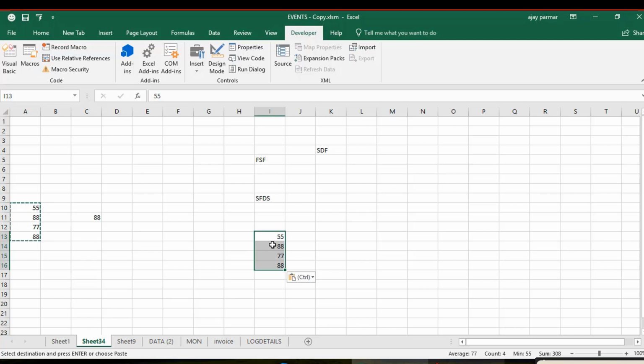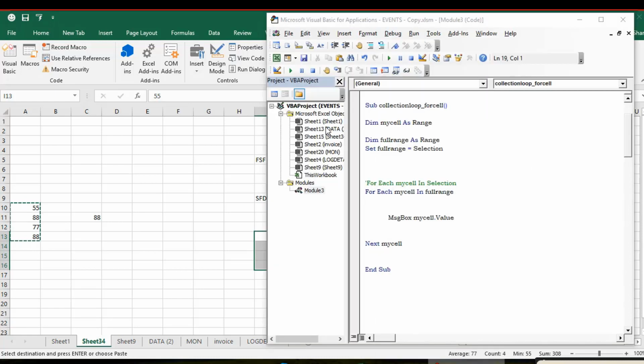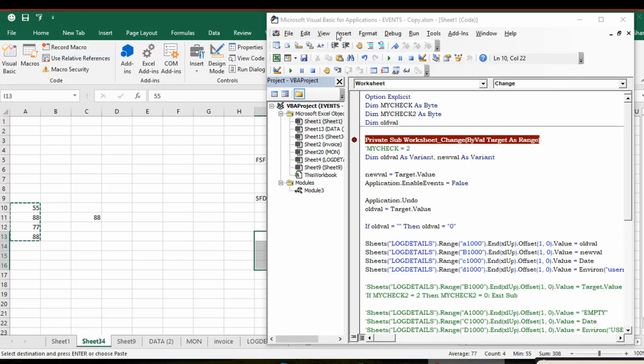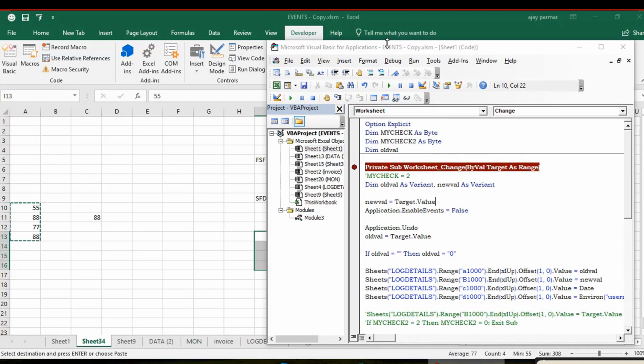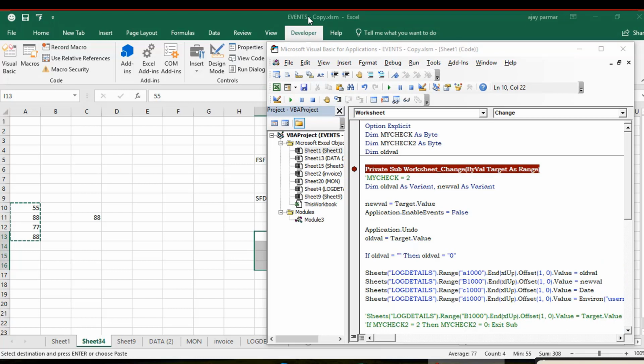we have to basically change the code. A little bit of tweaking has to be done, I think, in the target, because now the target becomes a range, and I think if we can do that, the rest of the code will remain the same, right? Anyways, I have created a separate copy for this. This is events. I'll rename it as events 2. Okay, so let's go and